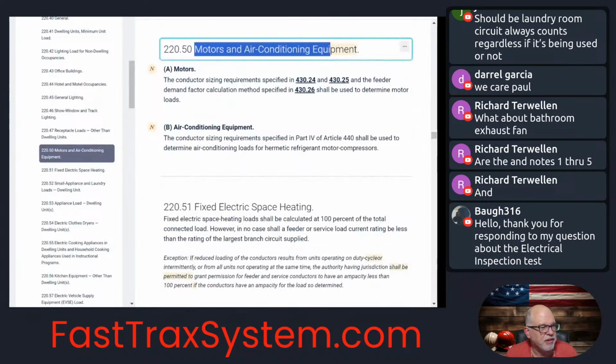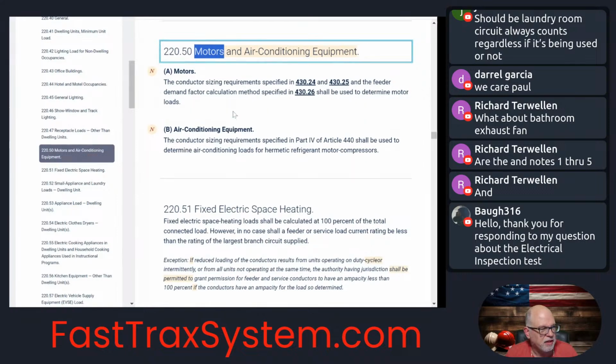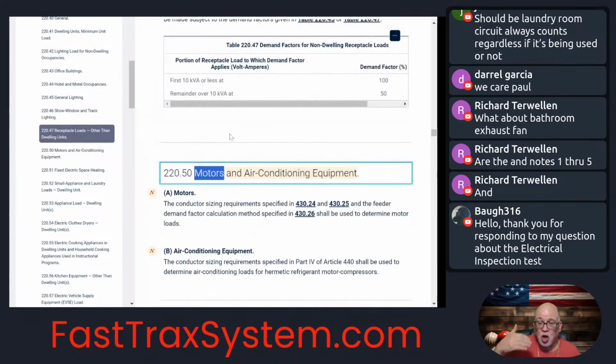Motors and air compression equipment. Okay, motors. We got some motors. So it says the motors, the conductor sizing required specified in 430.24 and 430.25, and the feeder demand factor calculating methods in 430.26 shall be used to determine the motor loads. Okay, but we're under a load calculation. So that's what gets us to